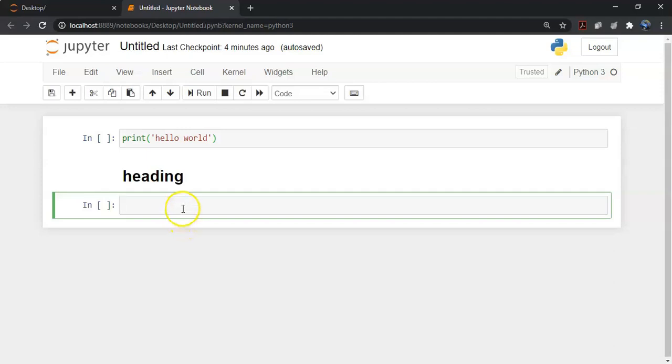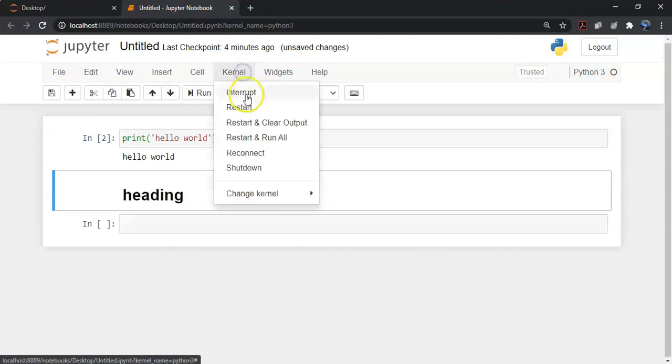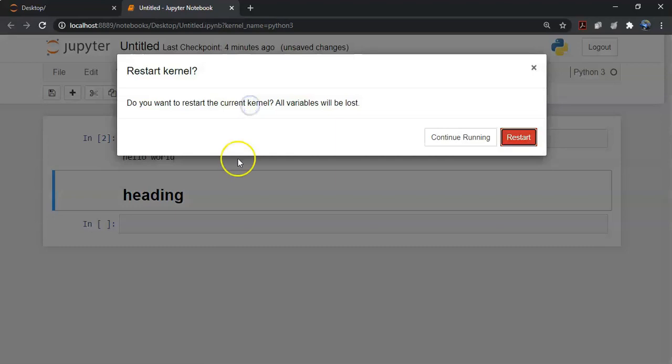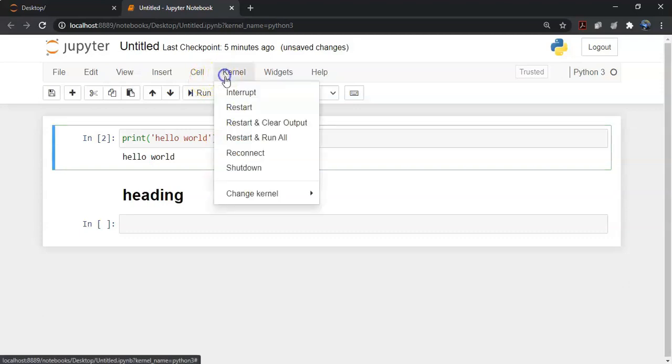Now we have some options for kernels. Jupyter Notebook provides various options for kernel. This can be useful if you want to reset things, and the different options are: first one is restart. So if I click on restart, it will restart the kernel. That will clear all the variables that were defined, clearing all the modules that were imported, etc. So now we have restarted the kernel and we have cleared all the variables, libraries, etc. that we have created.